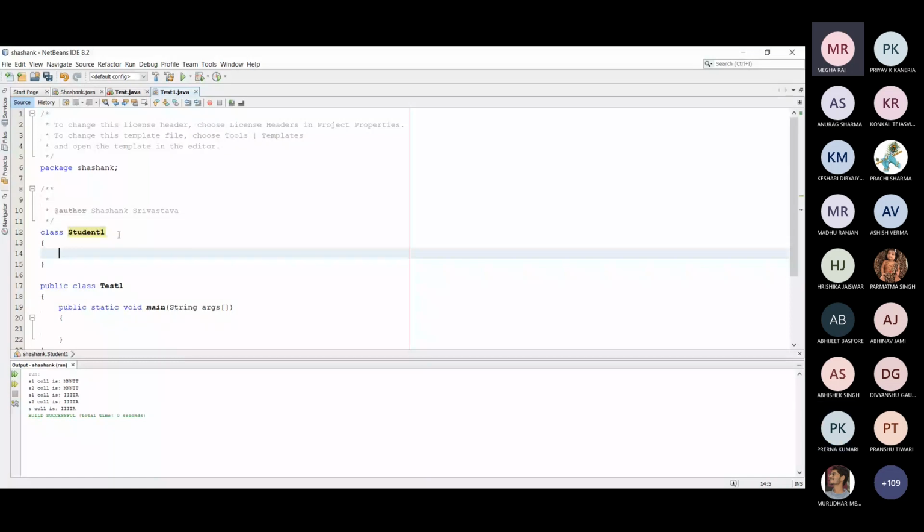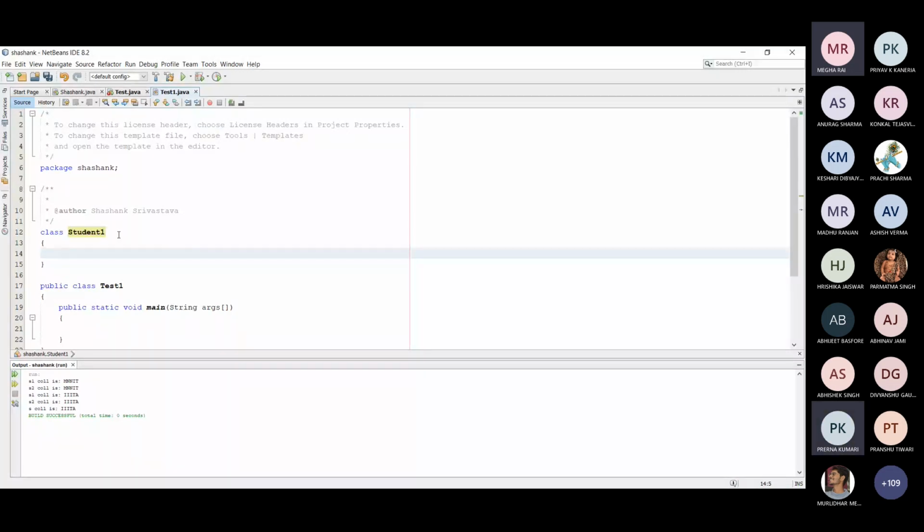Now, basically in a class, what are the components there in the class? So basically class can have instance variables, means basically class can have data fields, class can have methods, class can have certain constructors. Okay, so basically there are three main things in a class. One is data fields, means variables, another one is methods, and the third one is constructor. What is constructor we will see here.